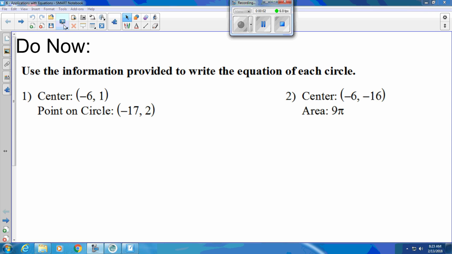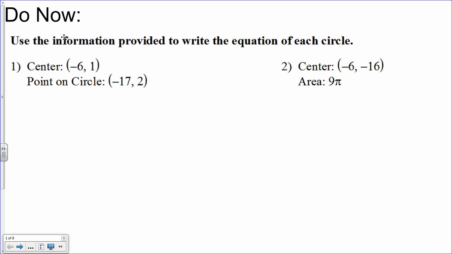Go ahead and fill this do now in on the next page in your notebook. Then pause this video so you have time to work it out. Once everyone has a chance to do the problem, you're going to go ahead and push play so that you can hear the explanation. For this first one, again, we already know our center is at -6, 1, so that